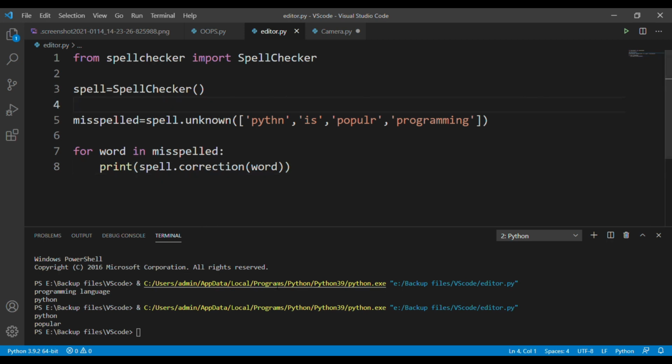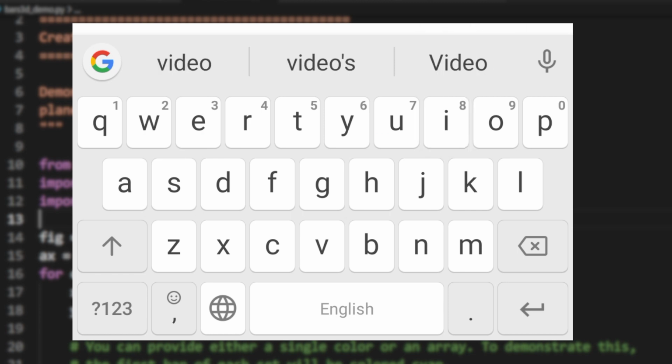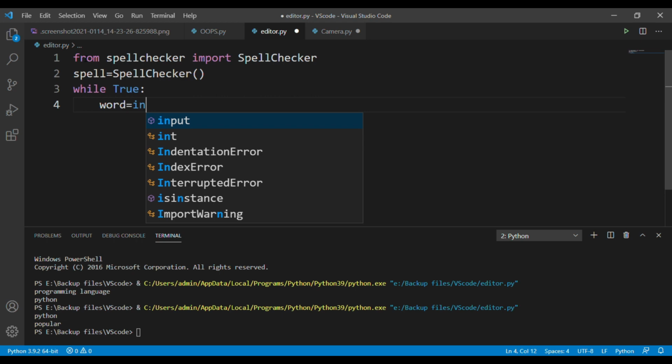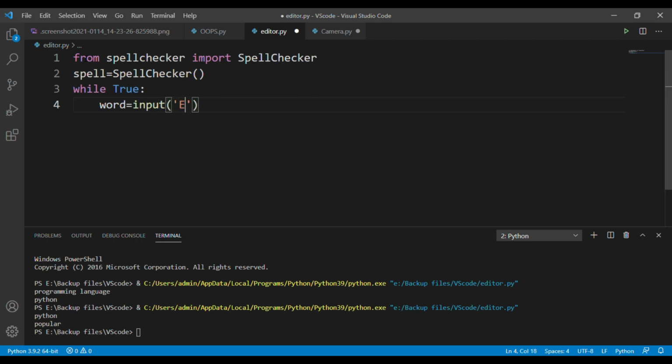So let's try something a little bit more advanced by using this library. You can imagine the Google keyboard autocorrecting the misspelled words from the user input. In the same way, we are going to create a program that autocorrects the misspelled word that you typed as an input. Now create a while loop. Under this loop, you need to create a variable called word and make this variable take real-time input from the user. Next, we are going to convert that input word into lowercase, so it is very easy for the program to correct the mistakes. And create a condition.